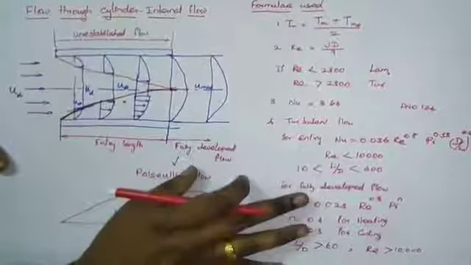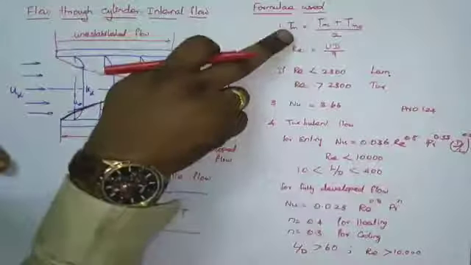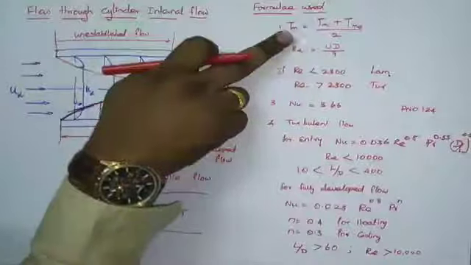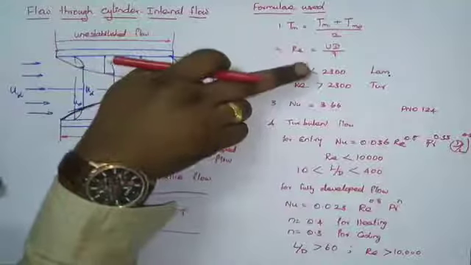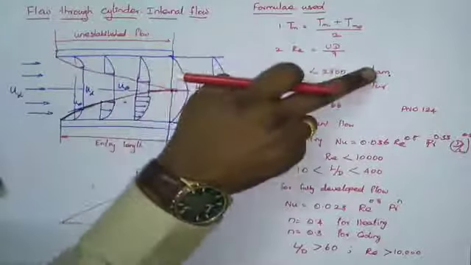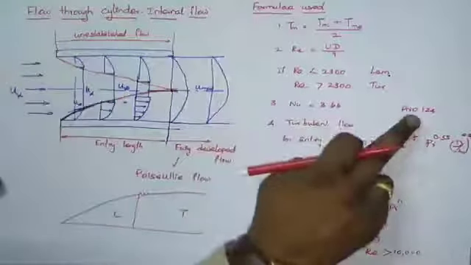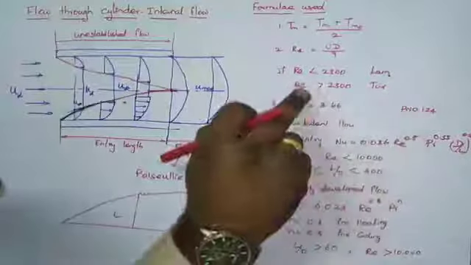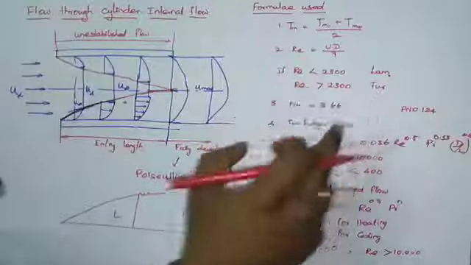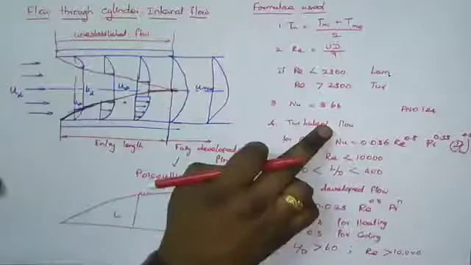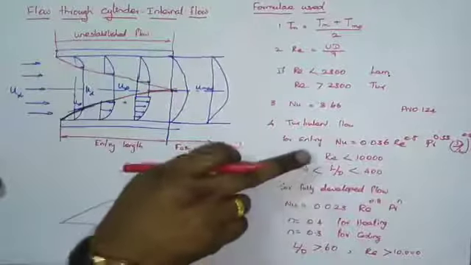So when you start to approach the problem, first find the mean temperature Tm, and at Tm take the properties of the dry air or water. Then the next step is to find the Reynolds number value. If the Reynolds number is less than 2300, then the flow is laminar. You can take the Nusselt number equal to 3.66 formula from page number 124, right? If the Reynolds number is greater than 2300, then you have to assume that the flow is turbulent. For turbulent flow, go to page number 125 and now take the formula according to these two conditions.